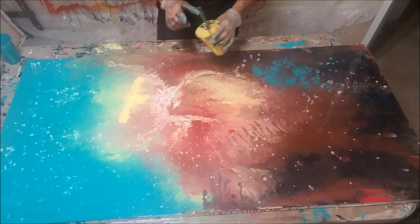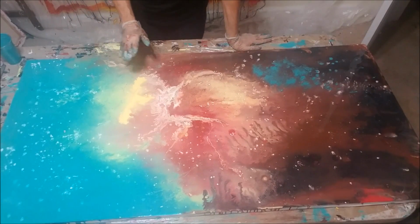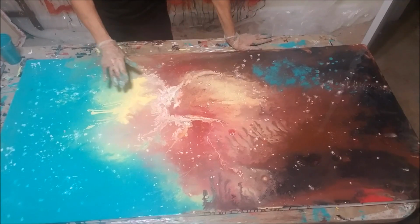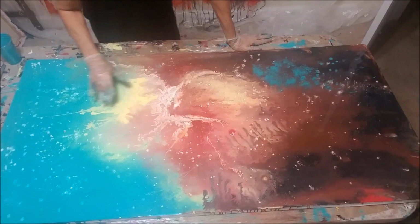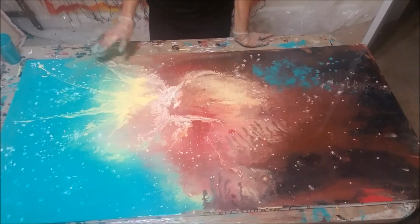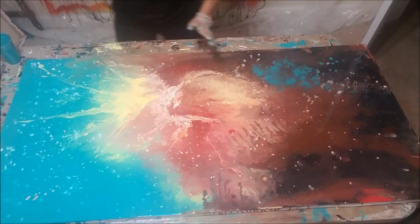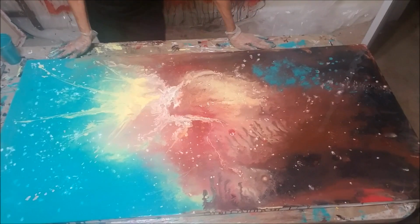oops. Now I got a lot of water on here, right in here right now. So, what I might do is let it set up a little bit. I mean, you could take a hairdryer or a torch to it right now if you wanted to, but it'll move it quite a bit. And if you like what you got going, you might want to just keep a close eye on it and maybe